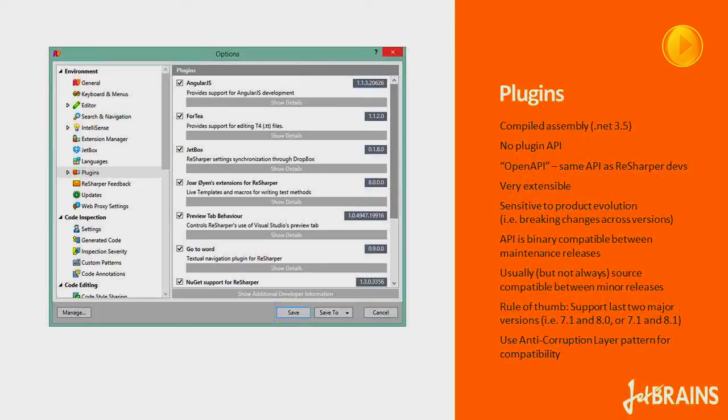My rule of thumb there is to support the last two major versions of ReSharper itself. So that'd be ReSharper 7.1 and currently ReSharper 8.0. When 8.1 comes out, I would change that to be 7.1 and 8.1 because the minor releases, the 0.1 releases, are free upgrades. And so I think it's sensible then to be able to support just the final major version